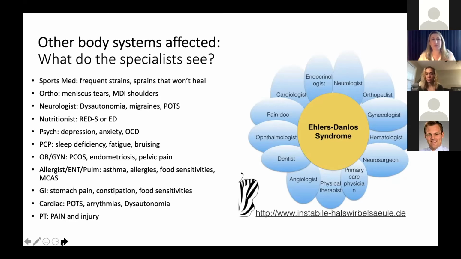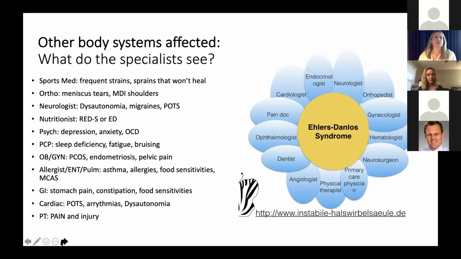So these patients might be seeking out care from lots of different people for different symptoms, and nobody's really putting it together. So you can see some of those here. They might be seeing Dr. Gleason for frequent strains and sprains, or they might be seeing Dr. Berto for a more orthopedic surgical concern. They might be going to a neurologist for dysautonomia type symptoms, migraines, and even POTS, which is postural orthostatic tachycardia syndrome, which we're not going to get into a bunch here, but patients who are having blood pressure and